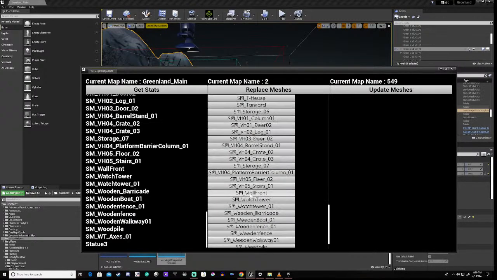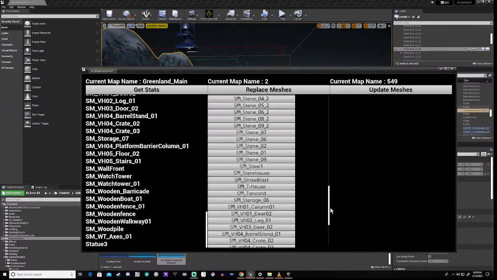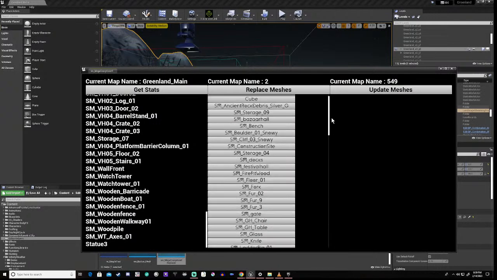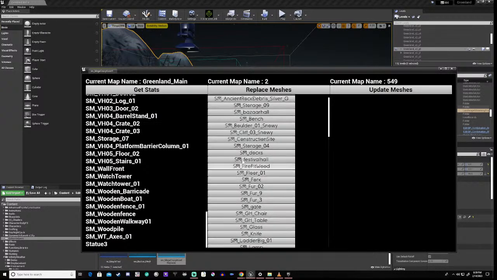Now, I don't know if this has got an IW, because these aren't sorted in any particular way. But what we can do is, we've got a static mesh docs. What's the plot?